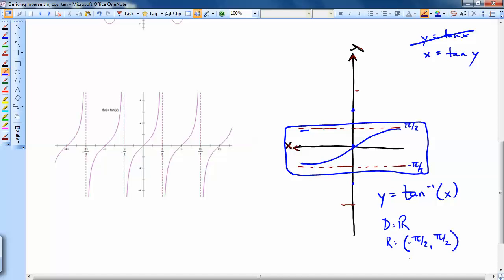The other thing is, two important points on the original graph of tangent are pi over 4 comma 1 and negative pi over 4 comma negative 1. So over on this graph, it's going to be 1 comma pi over 4 and negative 1 comma negative pi over 4. Okay, so hope that